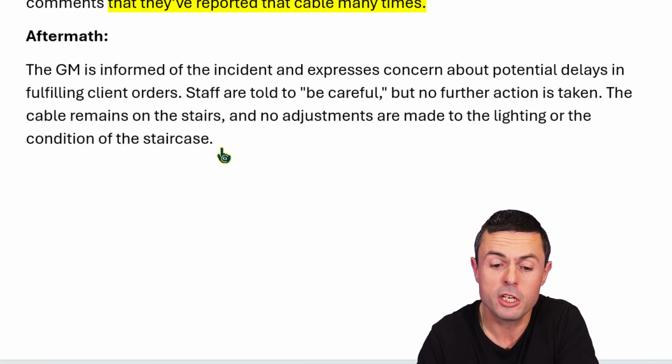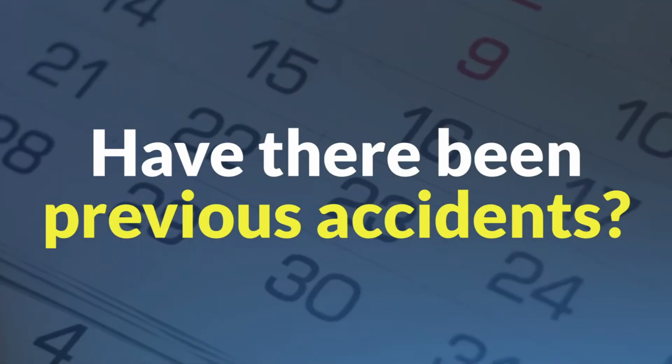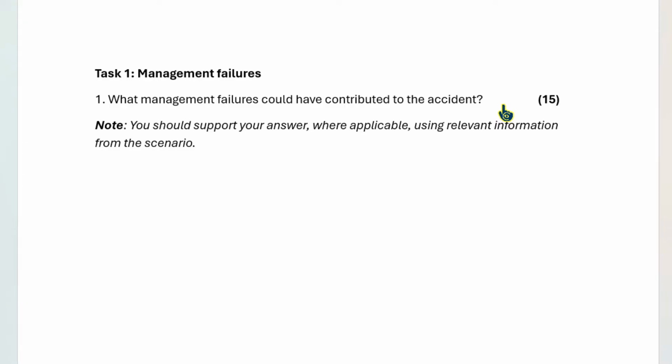And it makes you wonder, have there been previous accidents? And possibly they have. Remember the question. The question is, what could have? Not what definitely did, what could have? If you've had other near misses, other accidents, chances are they were not investigated. No action was taken. They never acted on those things. They haven't reviewed performance. They haven't looked at the trends. Can you see there's probably 5 or 6 different marks in there just by talking about their failure to investigate accidents? Can you see how broad of a question this is?